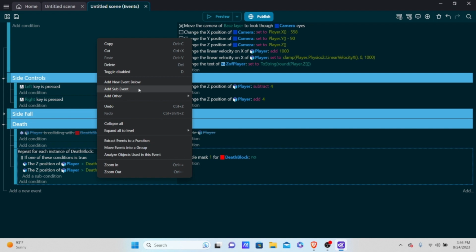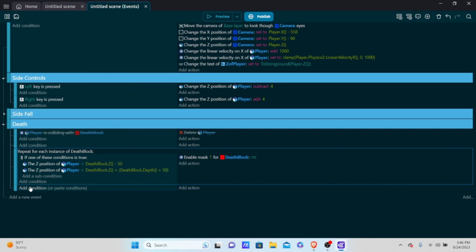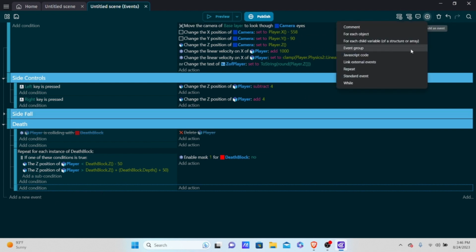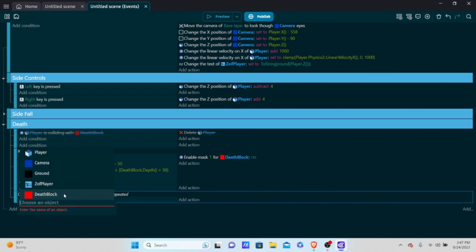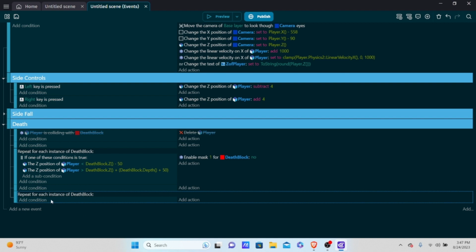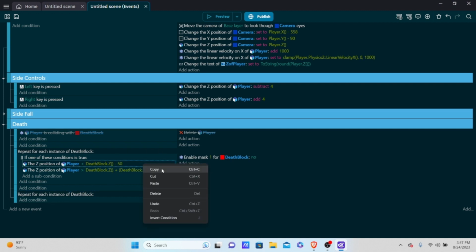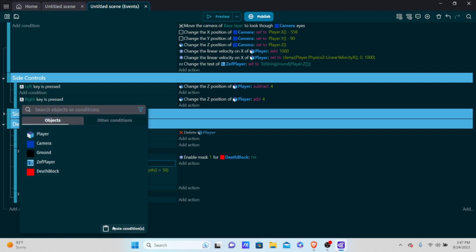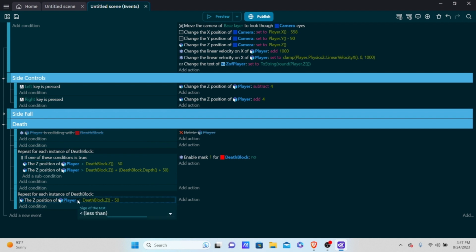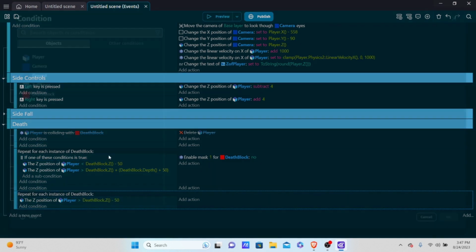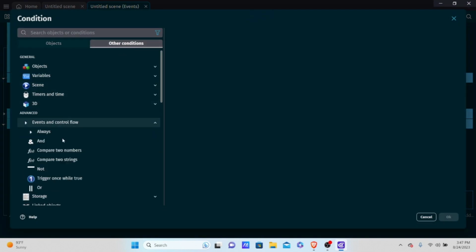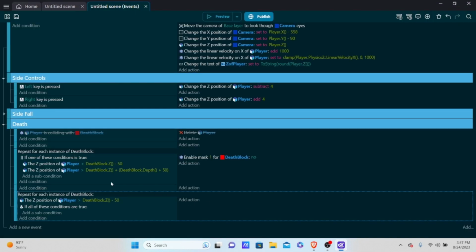Let's go. I'm going to add a new event below, and we want to start off with repeat for each one. So click into the bottom one, put for each object, and repeat for each object of death block. And we're going to be doing the exact opposite. So if the Z position of death block, I'm going to copy and paste this first one. If the Z position of death block is greater than death block dot Z minus 50, and then we're going to once again put